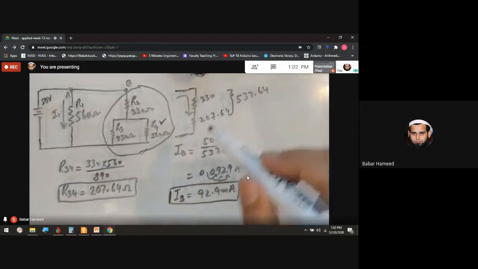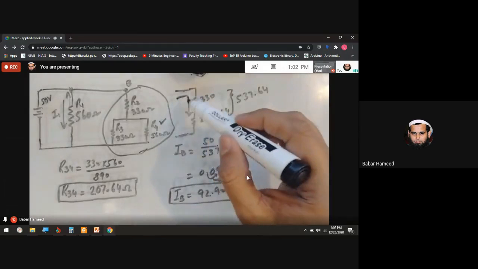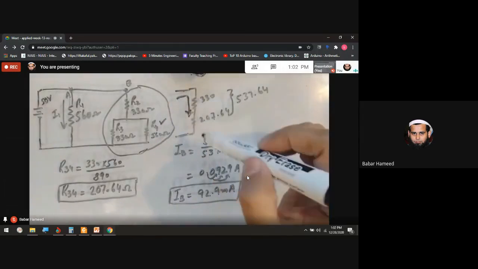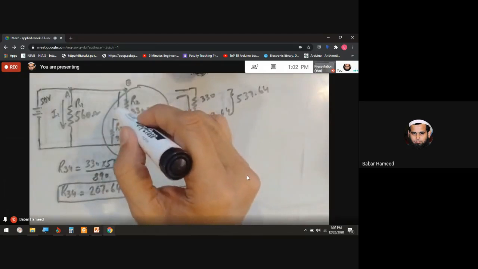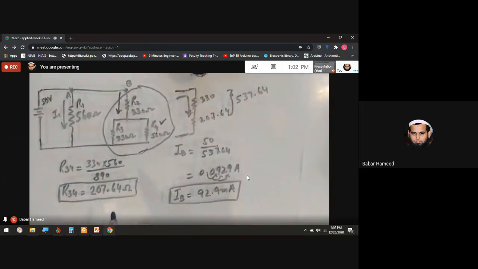So the current through this particular path B is 92.9 milliampere, and this 92.9 milliampere will flow through R2